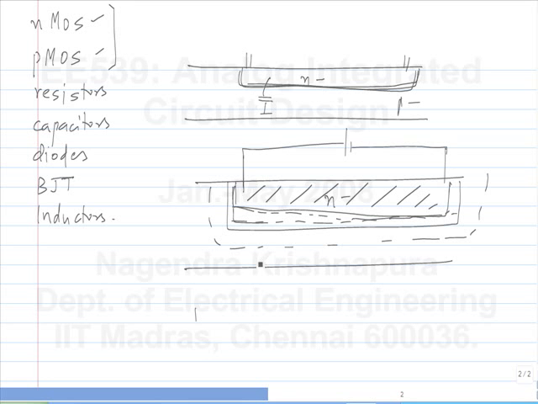So in many cases, to keep the cost down, you have a limited number of masks. That means that you don't have all these options of high resistivity poly and so on. But you will always have an N-well simply to make a PMOS transistor. So maybe that's the only type of resistive layer that's available.